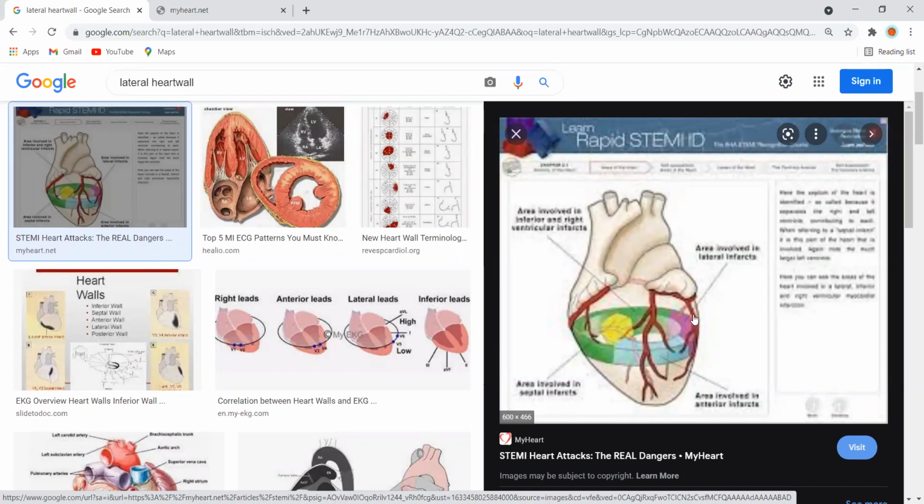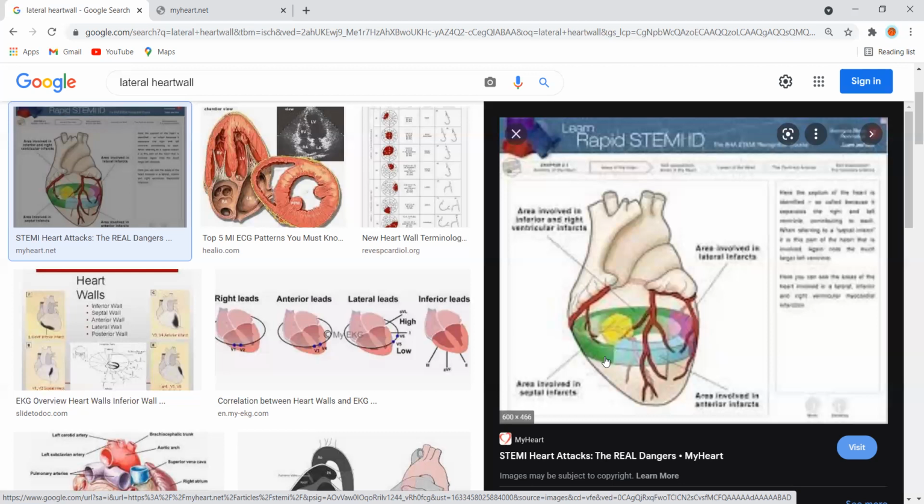And the left side of the heart will be depolarized after. So the direction of the current will be from right to left, because the right side has been depolarized first and the left side is depolarized after the right side, because of the slow speed of depolarization because of left bundle branch block. So in left bundle branch block, there will be left axis deviation, because the direction of current